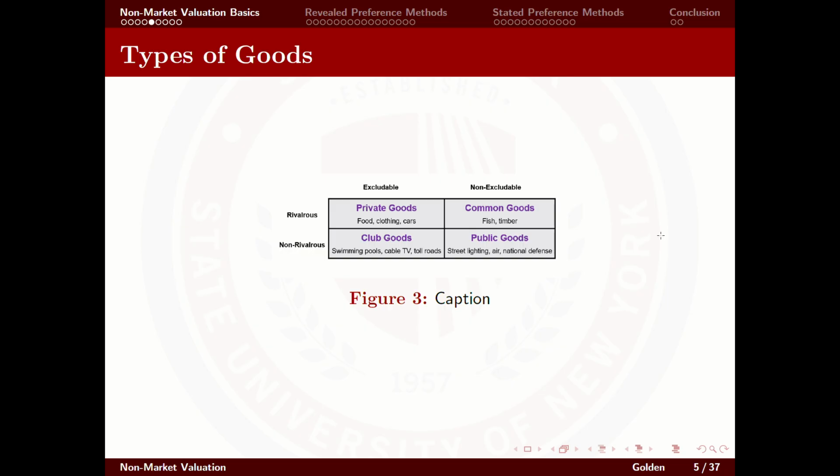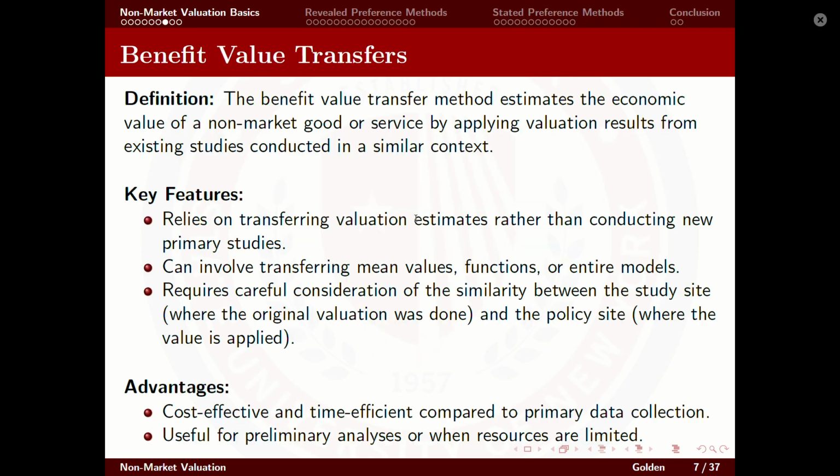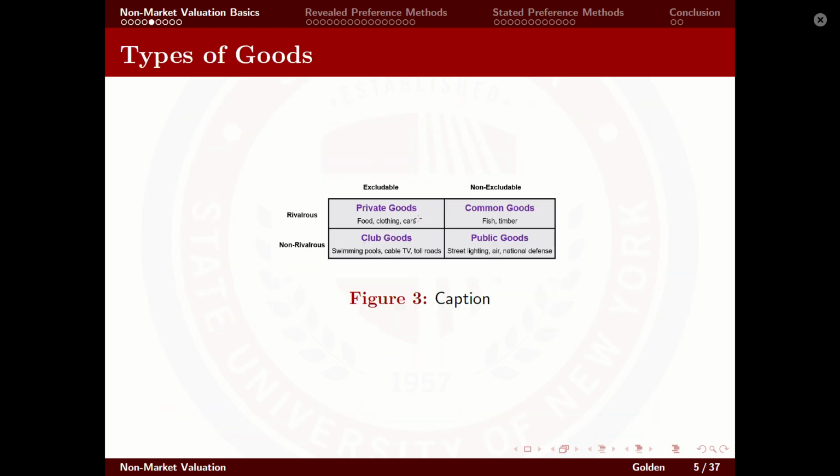And finally, you have public goods, which we talked about earlier on in the class. So when we're thinking about this framework, private goods are very easy to value. You just look at the market price, and that's what we do for valuation in most of economics. Common goods are a little bit harder to value, but they're still pretty easy to value because you can say, here's the effect of fishing. Here's the effect of deforestation. Here's how that effect reduces its value, so we're going to make sure that it has to stay.